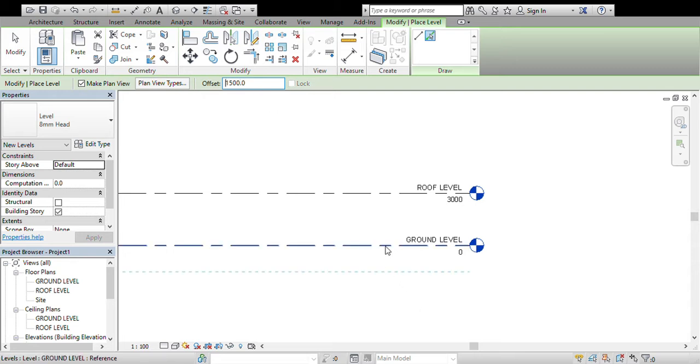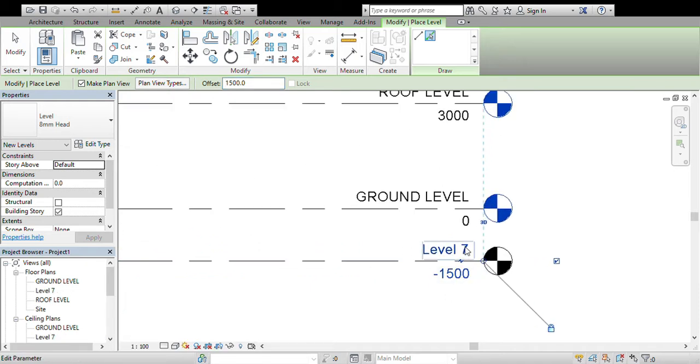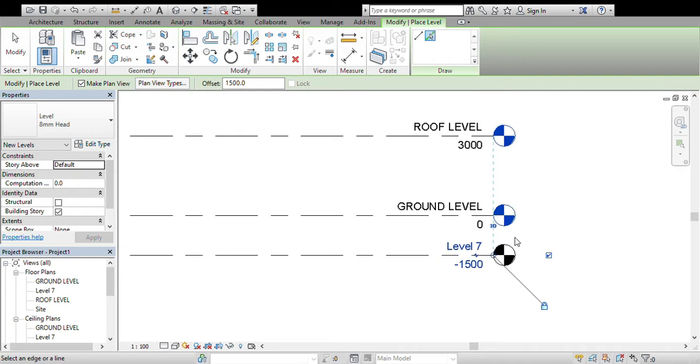If you point this one below, if you hover over this ground, it means you can get a dotted line on top or below this ground level. So you can click this line and establish another level below it, and it will be 1.5 meters below